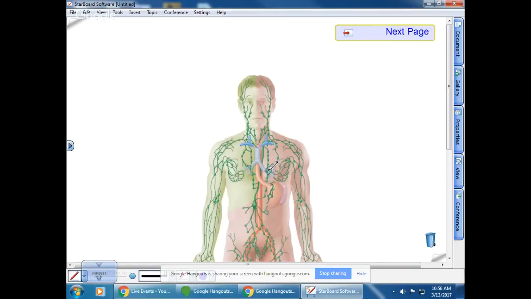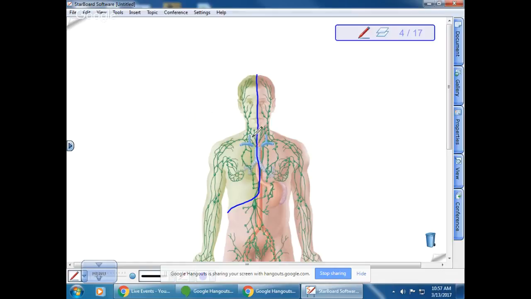Okay, so let's look at the diagram that I gave you. And one of the things that you might not be able to see very well in this diagram is the difference in color. So I'm just going to draw, you want to draw that line down the center of the body, right? And then it goes like that. So the right side and the left side of the lymphatic system are different. Kind of a little bit like the right side and the left side of the circulatory system are just a little bit different. And so you'll notice here that your right arm, and I'm not sure why this is the case, but your right arm goes to the vessel that is a lymphatic vessel that is going to drain it into these major blood vessels right here.